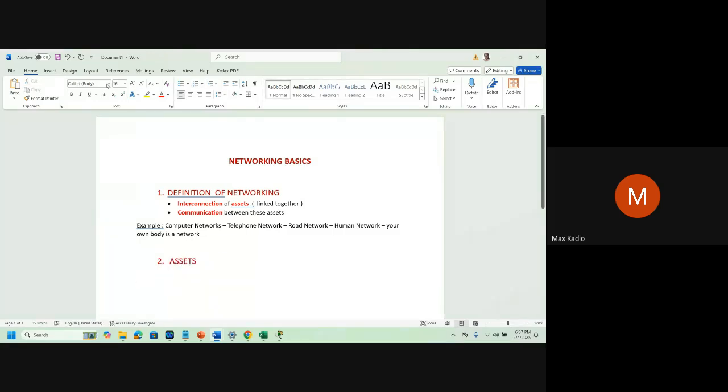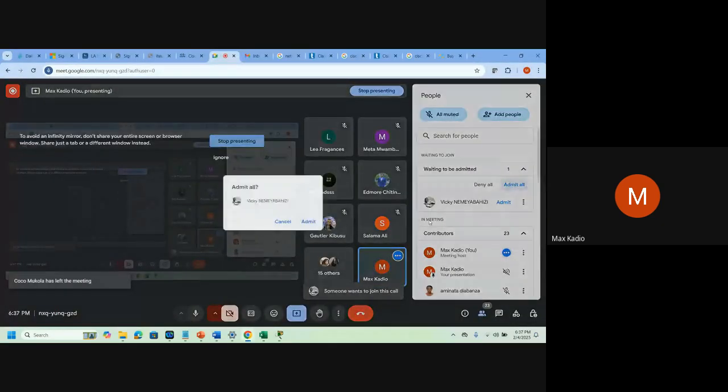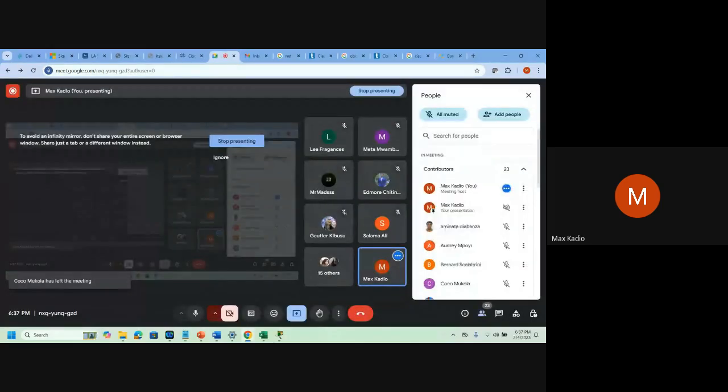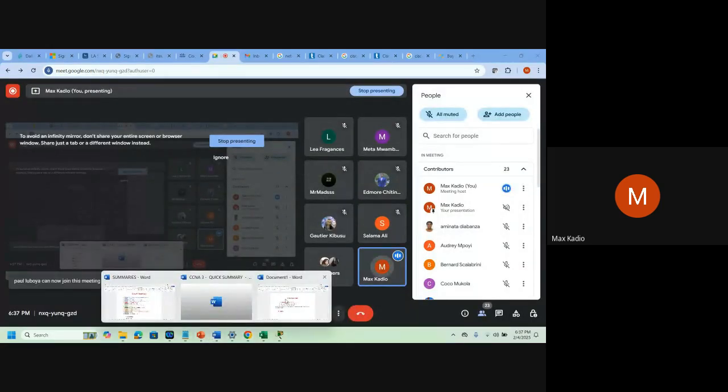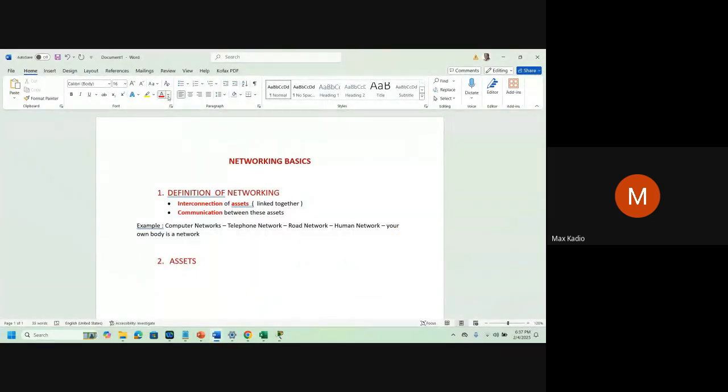So for asset, what type of assets can we get?